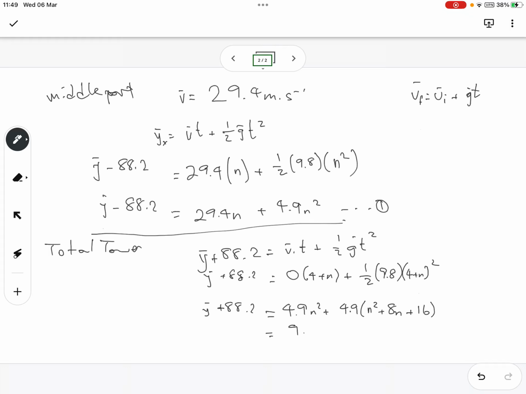Then we've got 9.8n squared. So where does this one come from? Because we haven't multiplied it. I think you must remove that one before I carry on. So it'd be 4.9 n squared